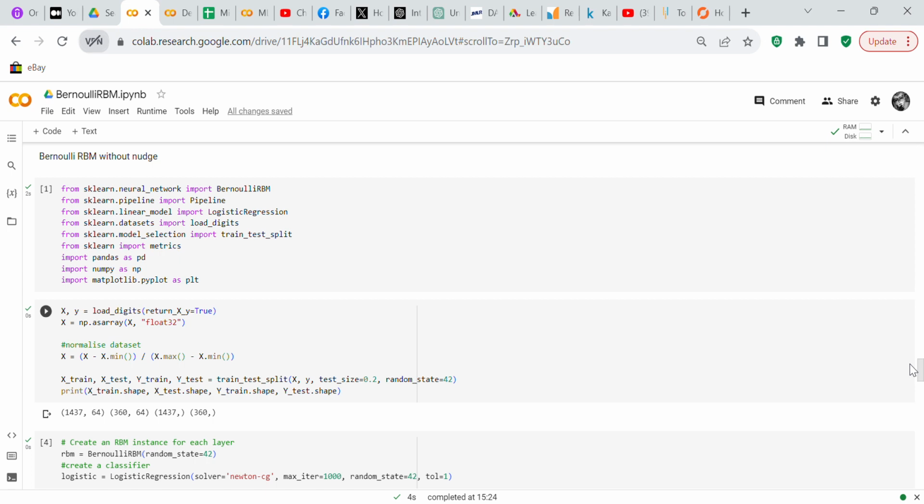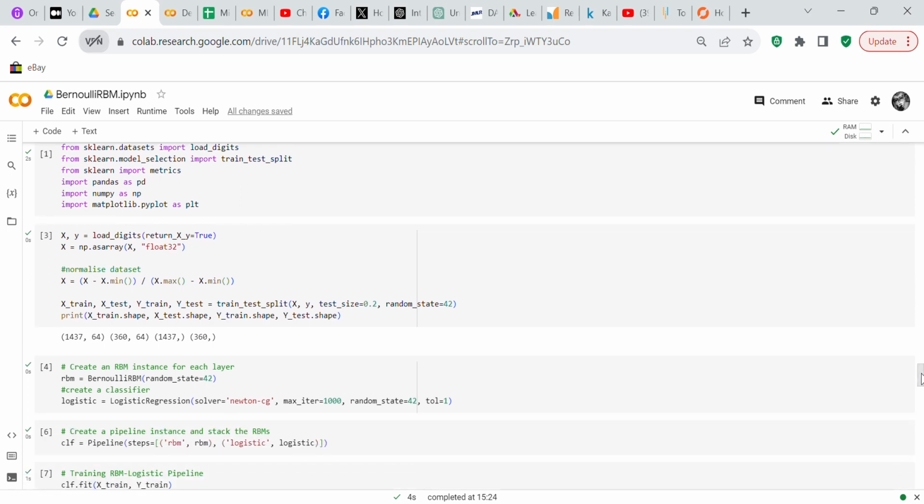From sklearn.pipeline, import Pipeline. From sklearn.linear_model, import LogisticRegression. From sklearn.datasets, import load_digits. From sklearn.model_selection, import train_test_split. From sklearn, import metrics, import pandas as pd, import numpy as np, and import matplotlib.pyplot as plt. So those are the functions, the libraries, and their modules that we will be using in this small